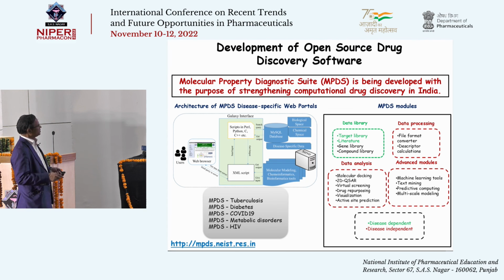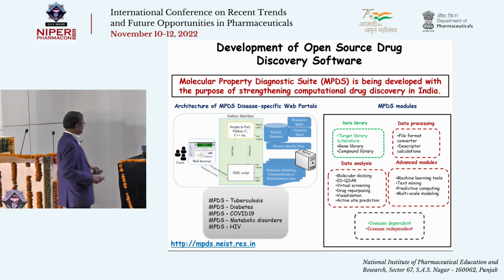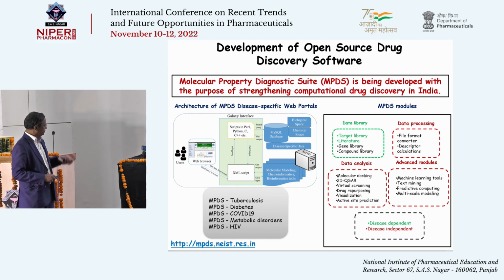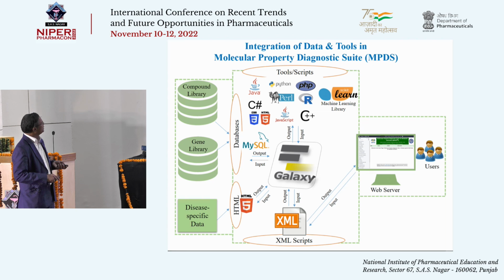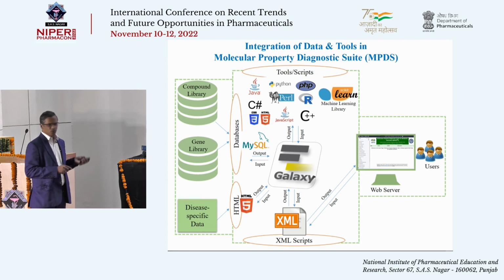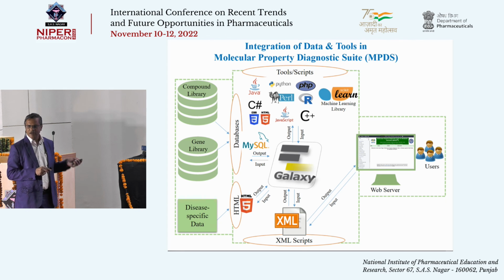The molecular property diagnostic suite is being developed with the purpose of strengthening computational drug discovery in the country. We have different modules like data library, data processing, data analysis, and advanced modules. We published that first with tuberculosis and diabetes in 2017, and the general theory was also published. This year we published a fragment library module, and these things are under preparation. I just wanted to tell you that this molecular property diagnostic suite will integrate all the data and tools that are there in the open source, and we also write several of our own codes. And with Galaxy,